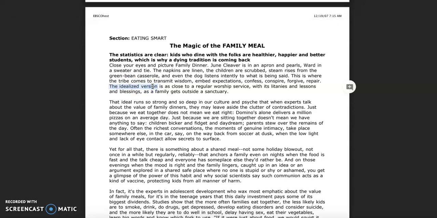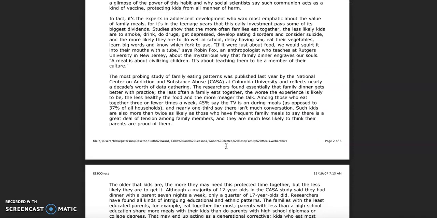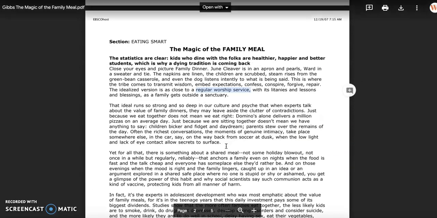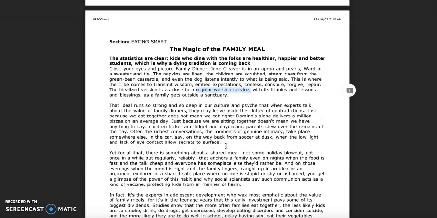And in the same example here that we see the demonstrative pronoun being used there, we also see, I'm sorry, that's the relative pronoun. We see that pronoun being used there. We also see here Gibbs developing this notion of a metaphor. And so she's comparing now family dinners with a regular worship service. And as we're reading through this text, we see her doing that, weaving that metaphor throughout the entire text, a really, really sophisticated transitional structure that you can use.